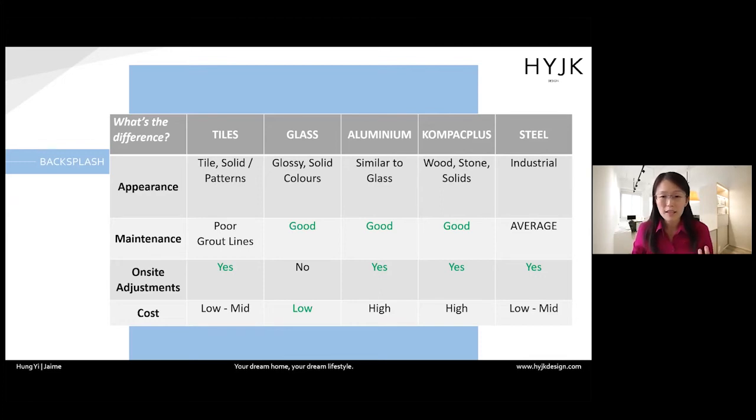Compact glass and aluminium are generally a bit more expensive, okay, but they have a very unique look and unique properties. So it's worthwhile considering as well. Steel is still not so popular nowadays, but if you really like it, it depends on the grade of steel that you use. Even stainless steel can rust over time. So there will be rust. It may not be 100% no rust, depending on the grade that you select.